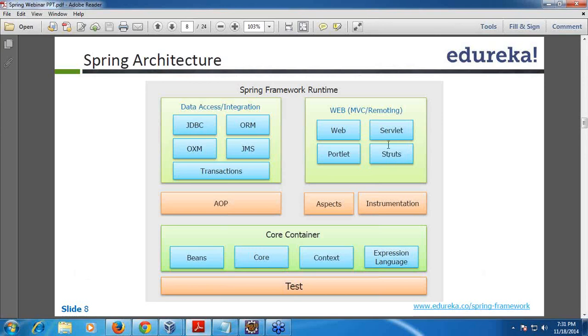And portlet provides an MVC implementation to be used in a portlet environment, something like a pluggable UI software component. In a portlet, if you want to provide an MVC implementation, you can use Spring portlets.